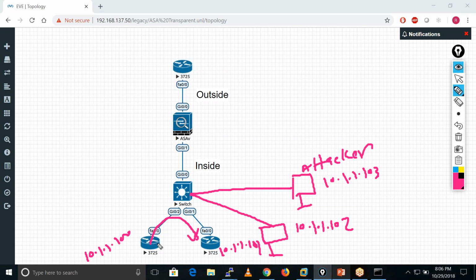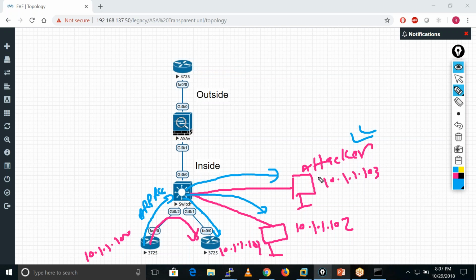Let's suppose this guy tries to send some traffic towards this guy. You know, first ARP resolution happens. Okay. And ARP is a broadcast packet. So when this firewall sends the ARP request, this switch basically forwards this request towards this guy, towards this guy, towards this guy as well, right? So what happens? This is the attacker. There are lots of applications available in the market.